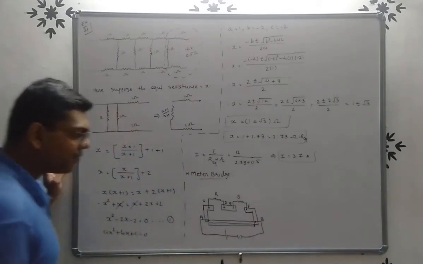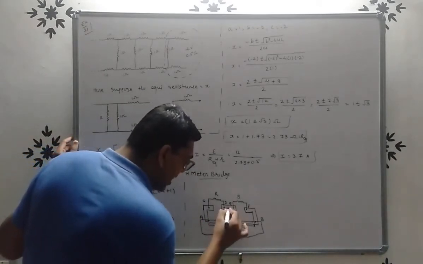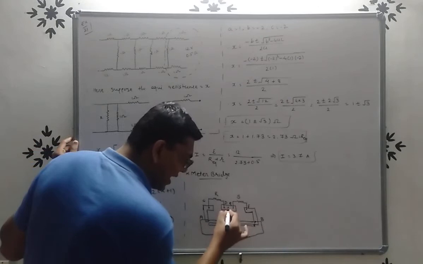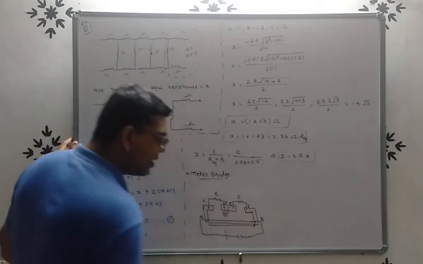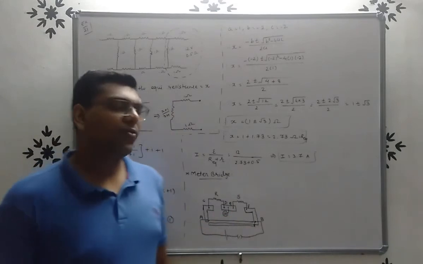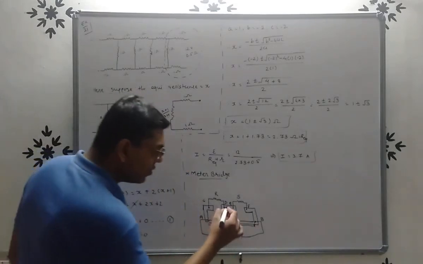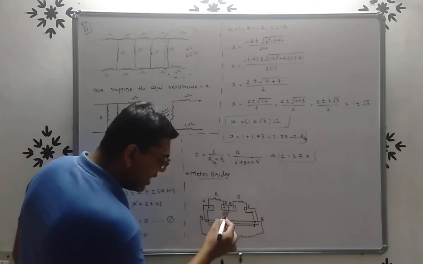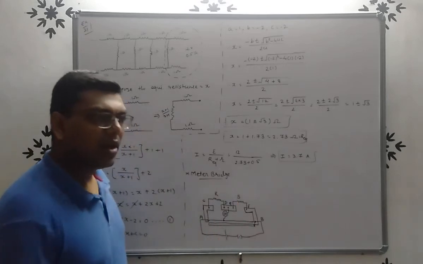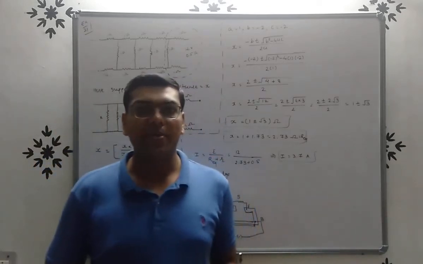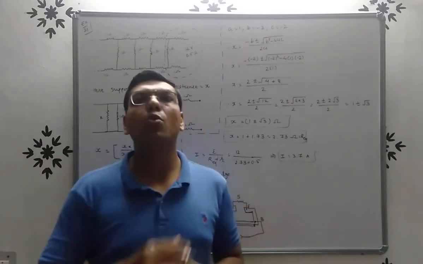Now here friends, at a midpoint of this plate we connect the galvanometer like this, right. So one end of galvanometer is connected to the midpoint of this plate, and the other point of the galvanometer is connected with jockey, right. Now what is jockey? Jockey is the moving key, right.